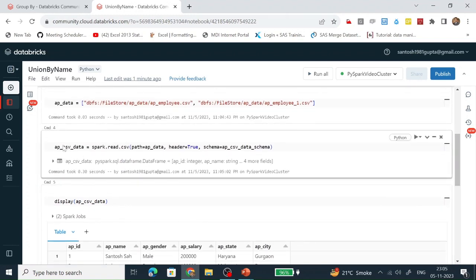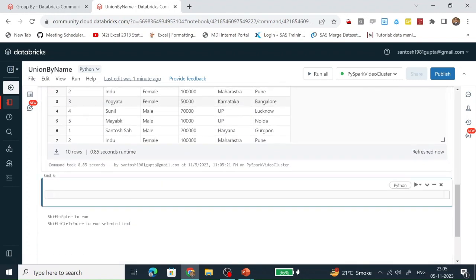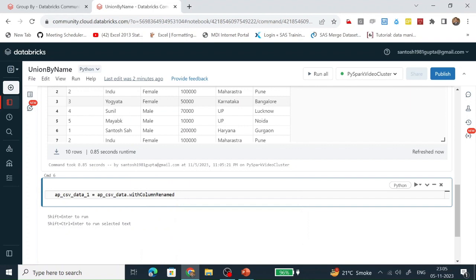Now I am creating a new data frame, data frame underscore one, and I'm going to change one column name with the help of withColumnRenamed. Here I'm suggesting AP underscore salary be renamed as AP underscore salary underscore renamed.